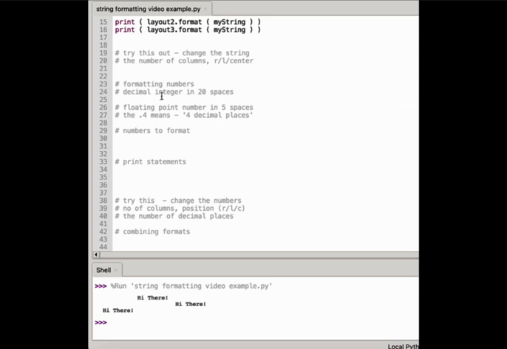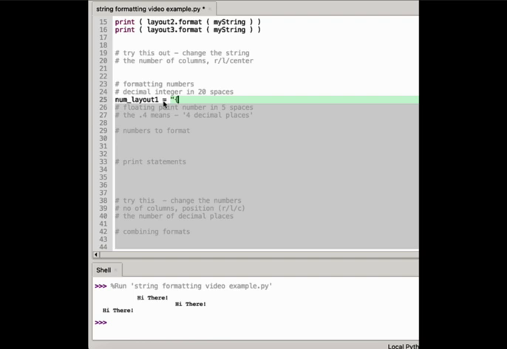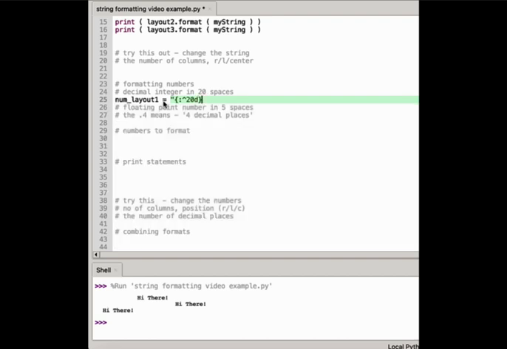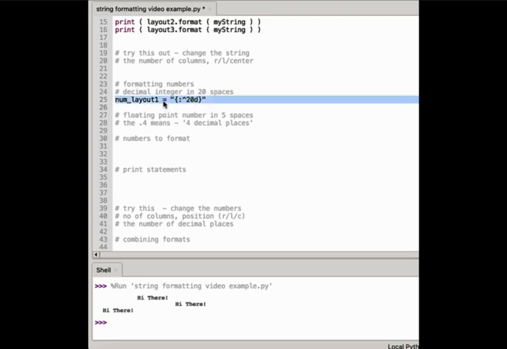format numbers, and there are two styles of number here. So I'm going to first of all call this num layout 1, and again I'm going to use exactly the same system. I'm going to tell it to center it. I'm going to put it in 20 columns, but this time, and this is a bit strange, this is if you want to format a decimal integer. It's a bit strange that Python calls them decimal integers, but that's just something we have to live with. The other thing I'm going to show you is how to format, much more usefully I guess, an